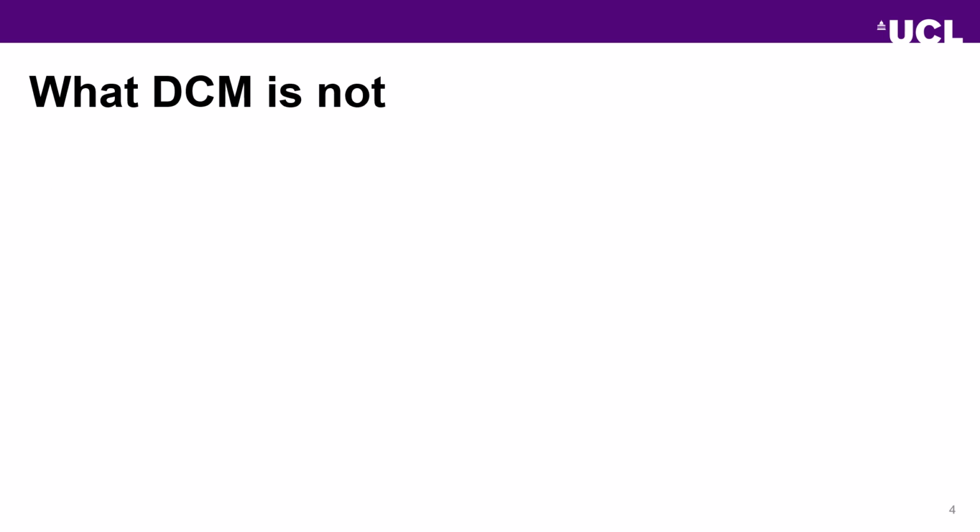I think it's also useful to say what DCM is not, and it is not an exploratory approach. So if we are just giving it data and trying to find new things without a hypothesis or without some knowledge we're bringing to the table, DCM is not going to be very useful for you. It is also not a classifier. So if you think of a lot of deep learning or machine learning applications where you have two groups and you're trying to get the model to distinguish between them, then it is not particularly good for that either. You should not use it for that.